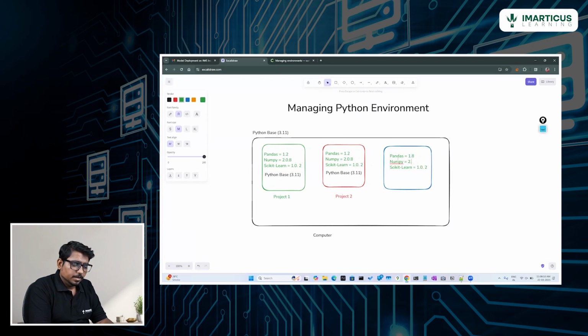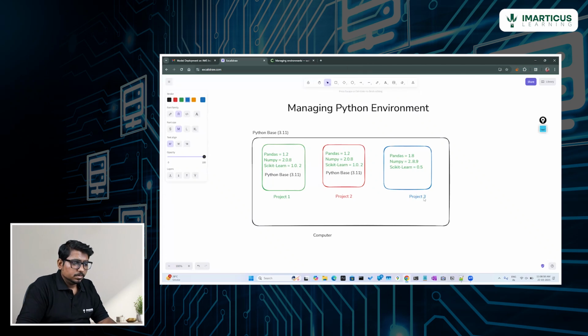In NumPy, I will use the 2.8 version, 2.8.9 something. Then in scikit-learn also, I will use a different version, let's say a downgraded version, 0.5. Now for this particular project, which is my project 3,